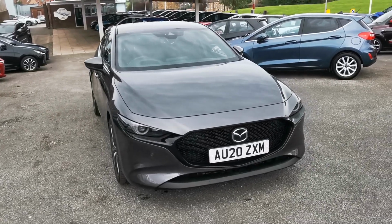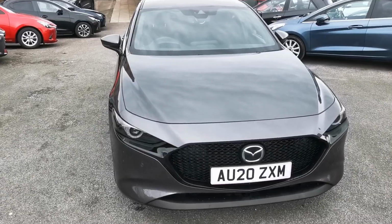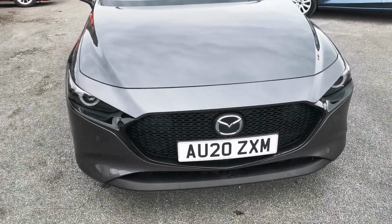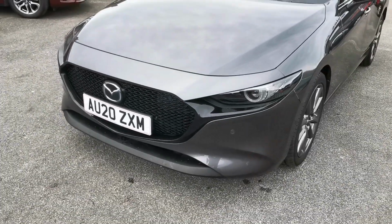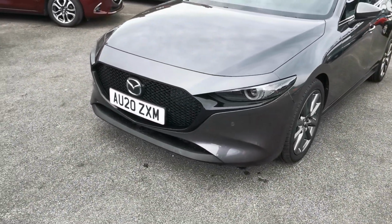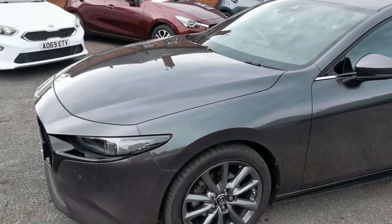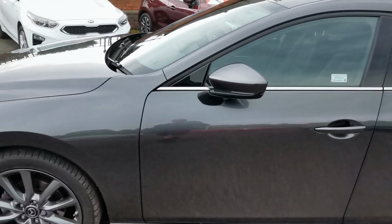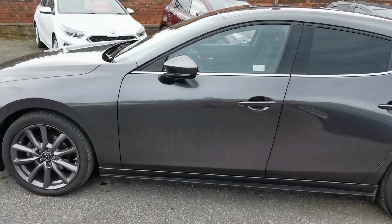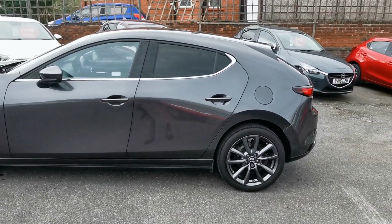This 2020 Mazda 3 2-litre Sport Lux. This car's finished in machine grey metallic paint. It's got the LED daytime driving lights, front fog lights, front parking sensors, body coloured door mirrors with side repeaters, chrome trim along the door tops. You've got the rear privacy glass,